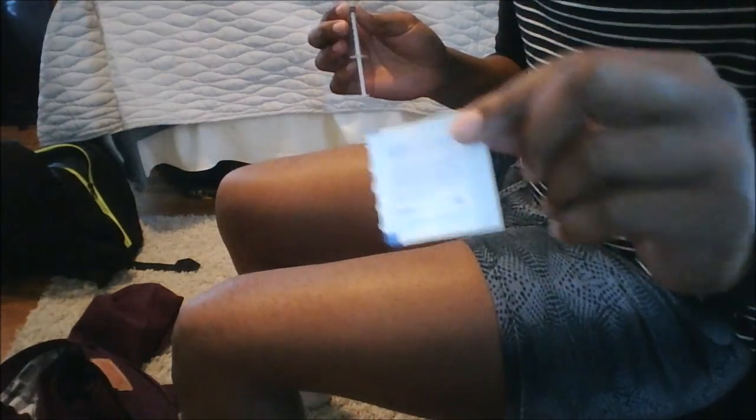So here we go. You want to take your other alcohol swab and clean the area. I use wide circles just so I have a lot to work with. You want to uncap your needle. This is the length of a 1 inch 22 gauge. So I don't know how to do this without blocking it, so I guess I'm going to do it with my right. I'm left-handed, so hopefully I don't mess up, but